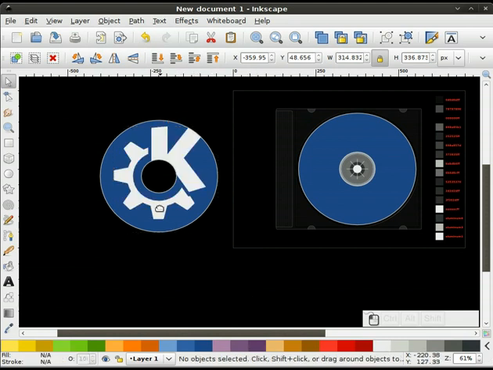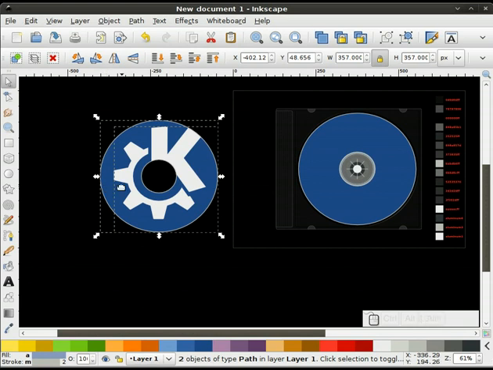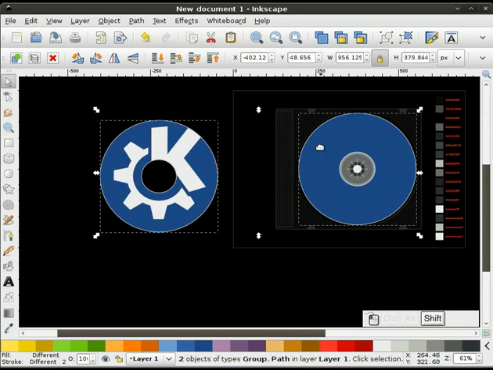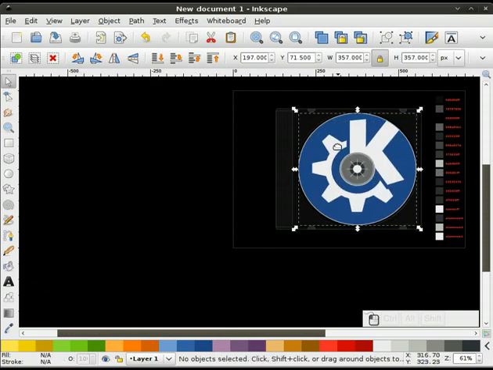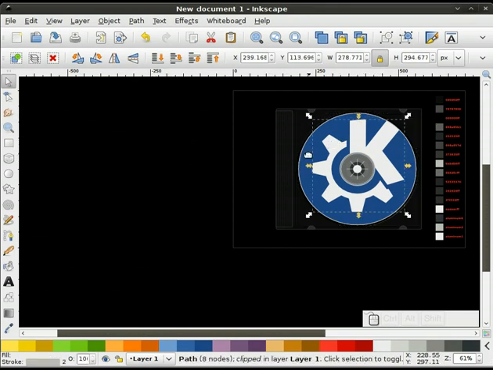Okay, and I'm going to take this here. We're going to group that together. We'll select our CD-ROM over here, and we'll put that on top of each other. I'm going to take this and ungroup it, and we're going to get rid of